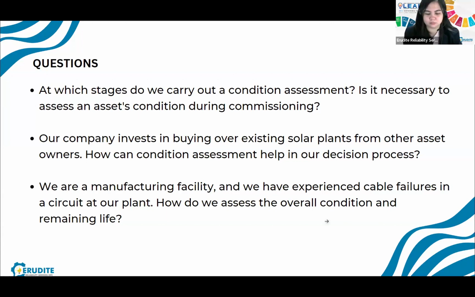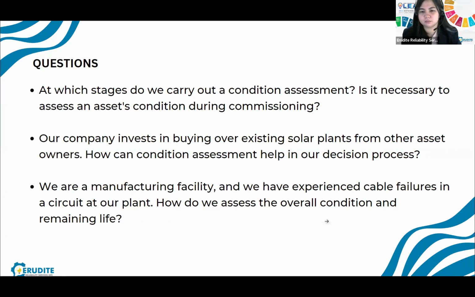When they start to look for people who will buy a solar plant, they are also selling the PPA, power purchase agreement, with the government. So it's coming hand in hand. You have an asset, and you also have an agreement with the government to sell power to the grid. The new companies that want to buy these solar plants will want to assess the situation, because there has been a time lapse, and some form of operation and degradation. They want to assess whether or not they are making a good buy.